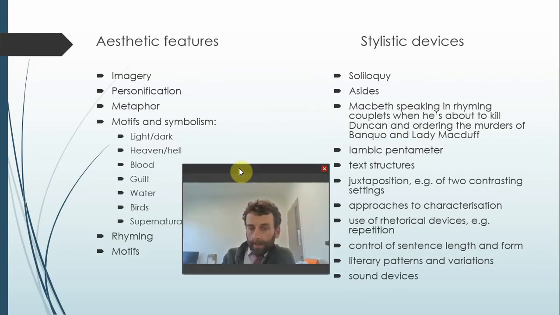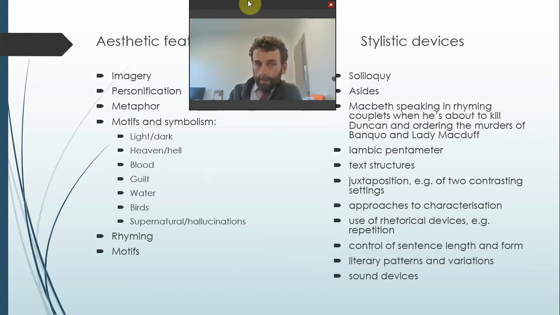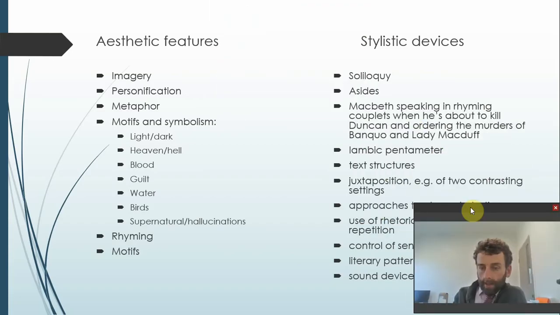So having an understanding of some of these in the play, where they appear, how they appear, will mean that you're able to tick this off as you go on. Now, as you go through the rest of the assessment objectives, you'll see that these can be linked to other assessment objectives. So selecting subject matter from the play, you can select quotes that are looking at light and dark, for example, or the personification of the dagger.